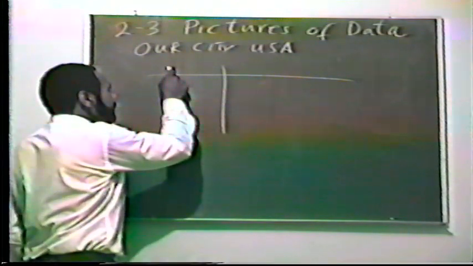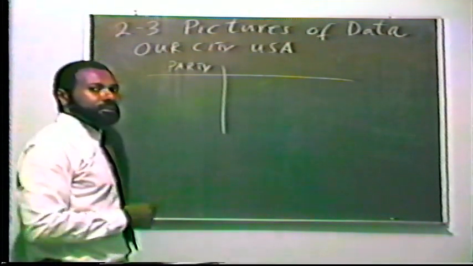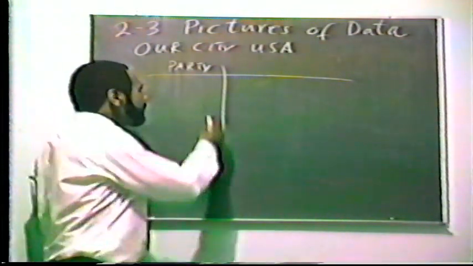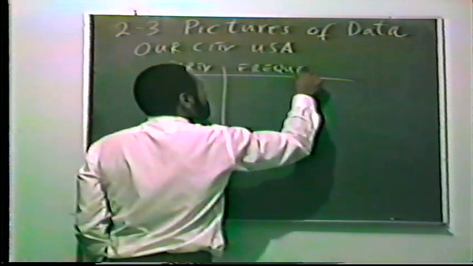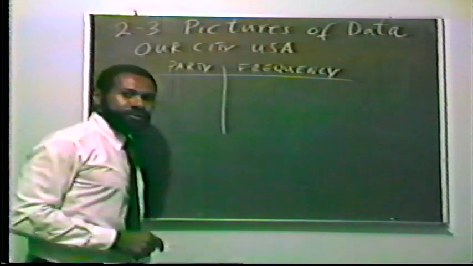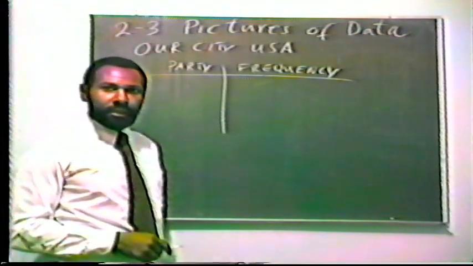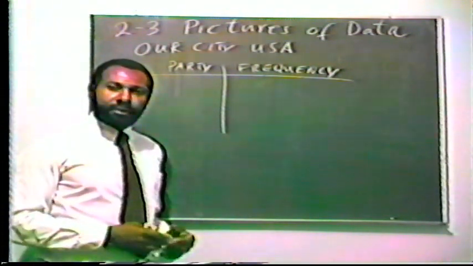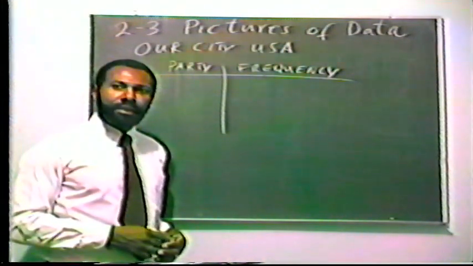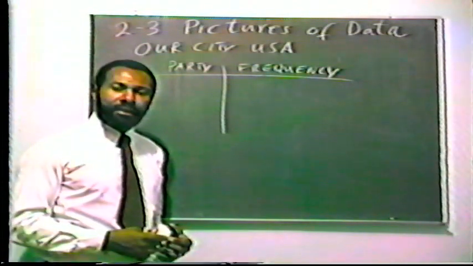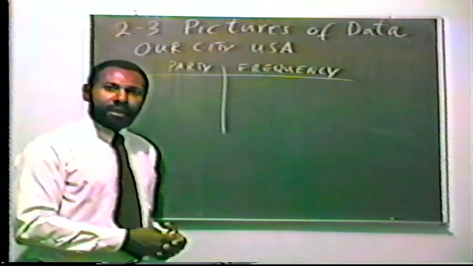First of all, we would have the party of the individuals. Then we would have the frequency. Now, suppose that the researcher or the pollster passes out a survey form to 90 individuals. And they get the survey forms back, they make the tally marks, and they find that they have